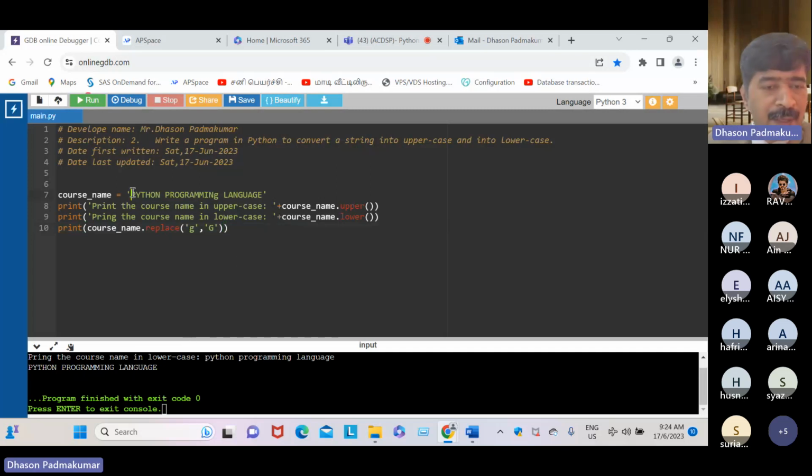This Python string has a letter g. It is in lowercase. I'm asking Python to replace the g with uppercase G. So here, I'm replacing it. It means, dear student, I replace it and print it. Like g, this is the word to be replaced, which is g.